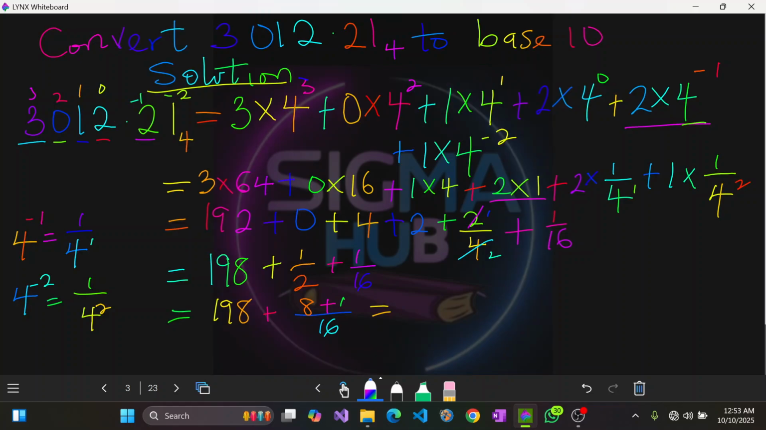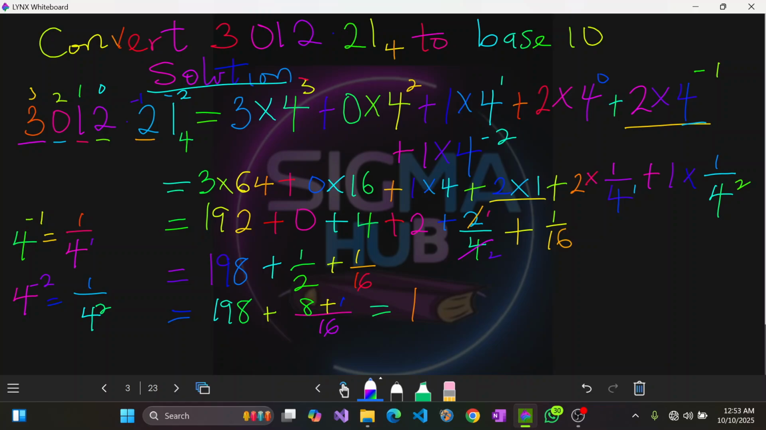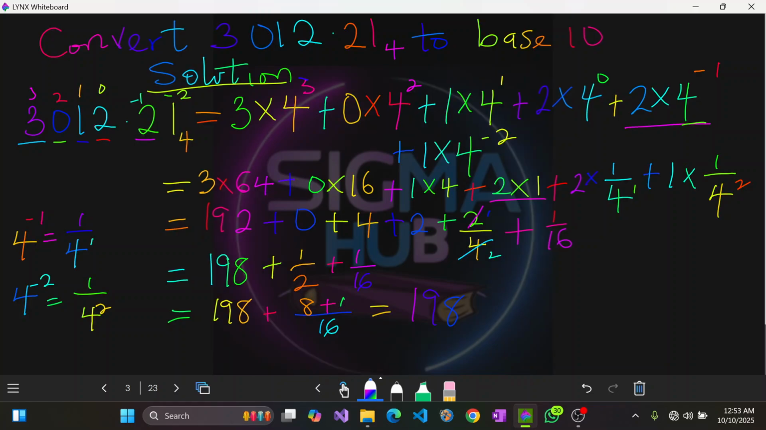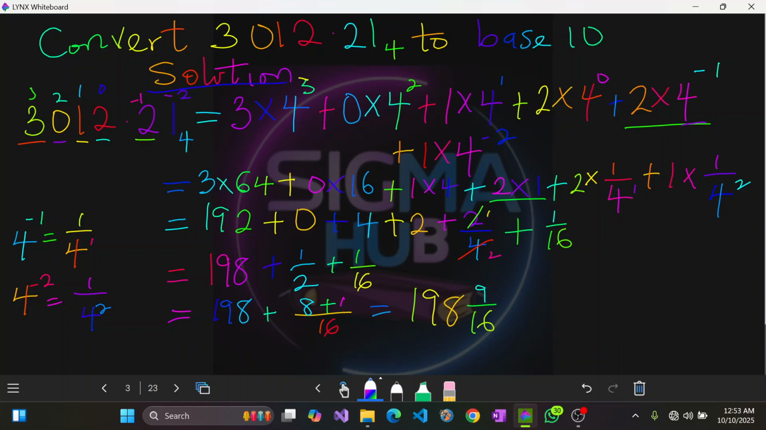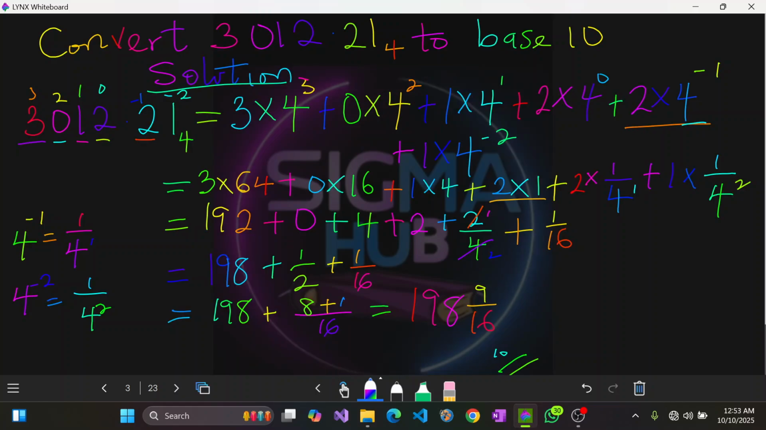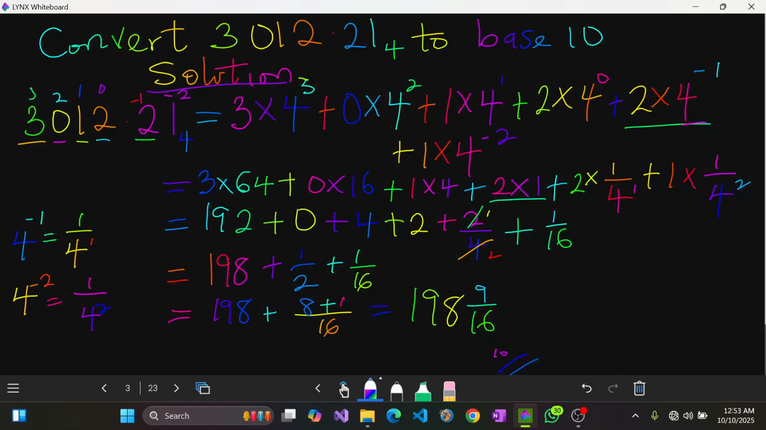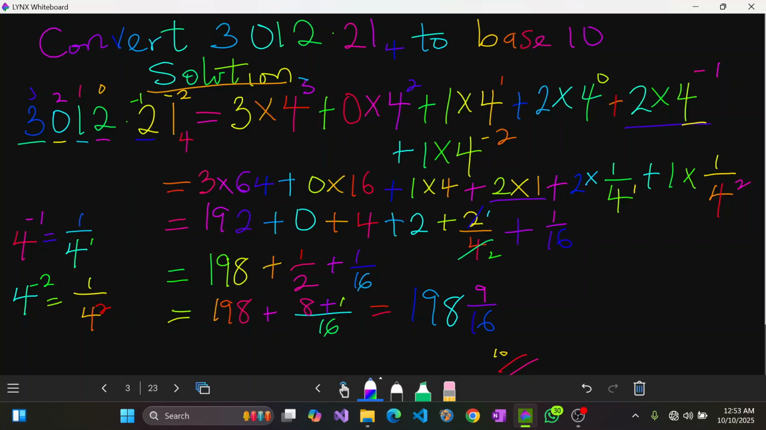So which is going to give us 198 whole number, 8 plus 1 is 9, 9 over 16 in base 10. And that's the final answer. So 198 whole number, 9 over 16 in base 10. And if you want to write it in decimal point, it's going to be 198 whole number, point